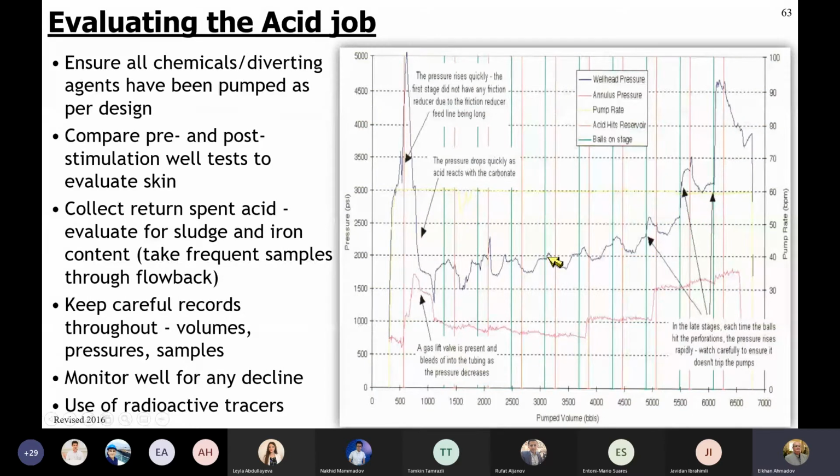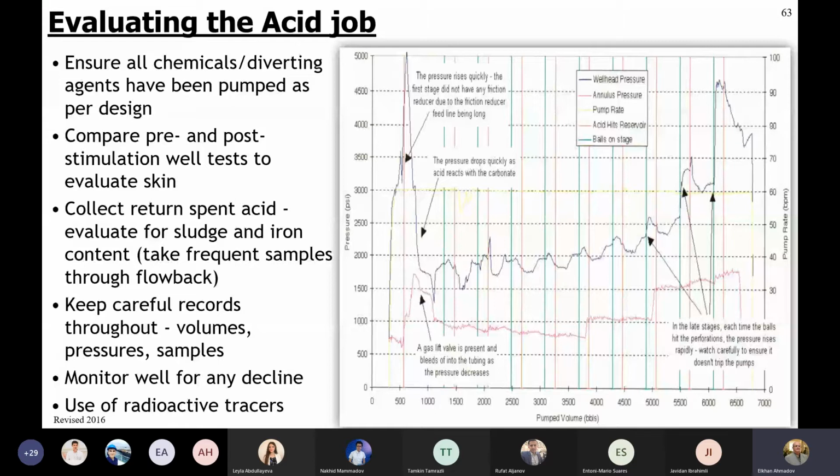And as soon as the acid starts reacting with the carbonates, the pressure goes down, because now again some portion of our zones are open or cleaned or have bypassed the damage, and fluid gets an easy way